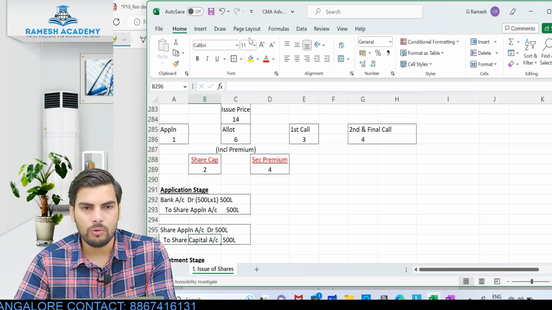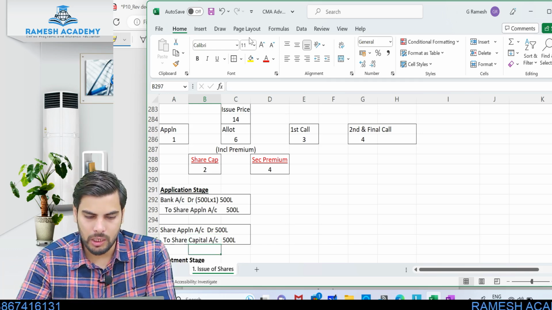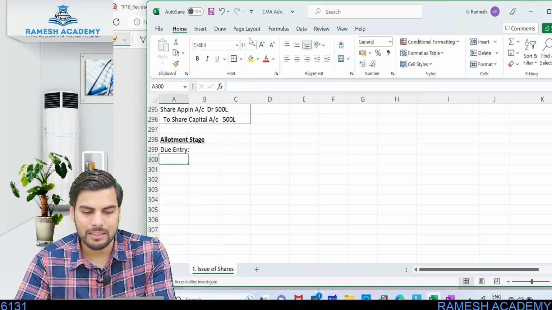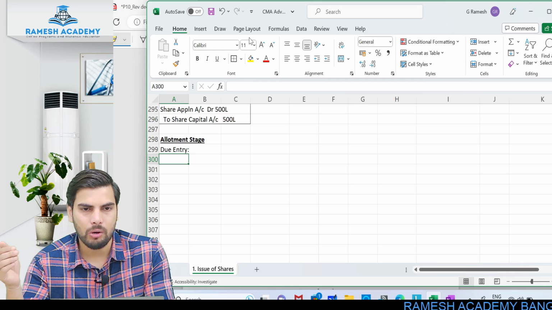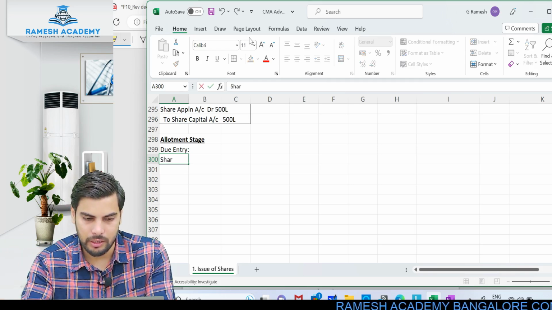Now normally what would be the journal entry for allotment money due? The entry will be share allotment account debit to share capital account. Here along with this we'll just be extending the entry a bit. So share allotment account debit to share capital to securities premium. So the entry would be like this: